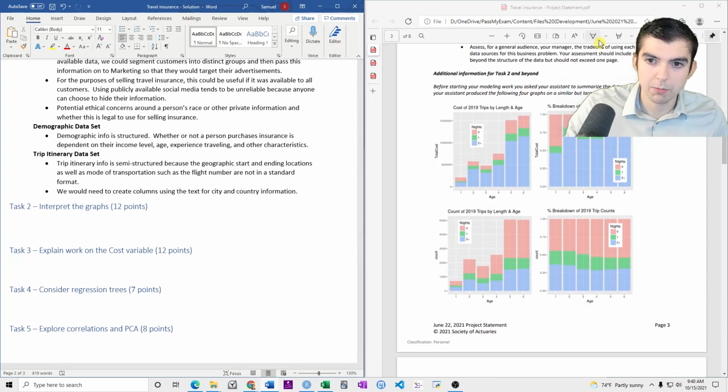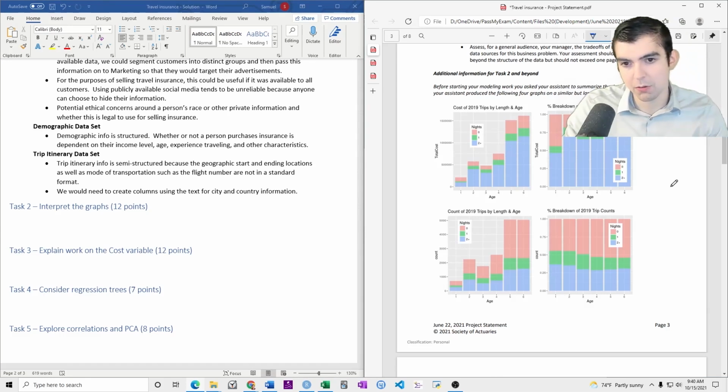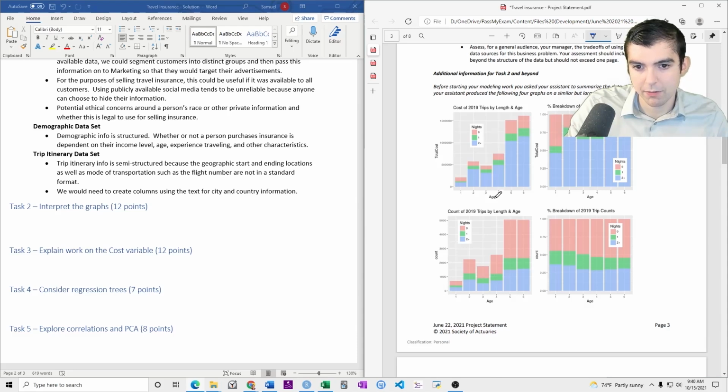So I think you will have a pen with you, and so you can sort of draw on the graphs just for your own insights. Like if I'm looking at this graph, I see 2 variables, age and total cost, and I see right away that there's this big increase here where this age is higher than these other values.